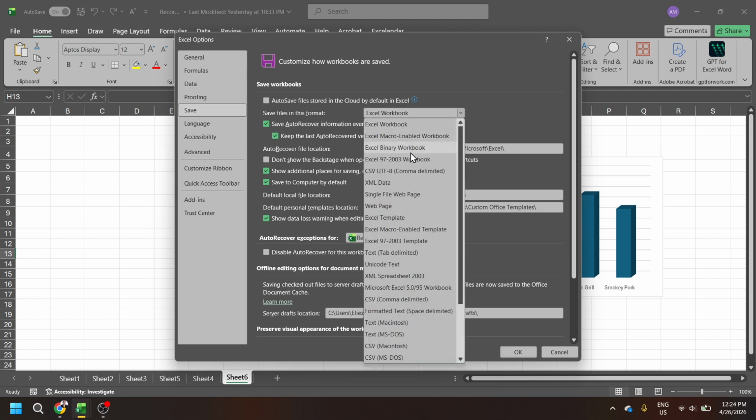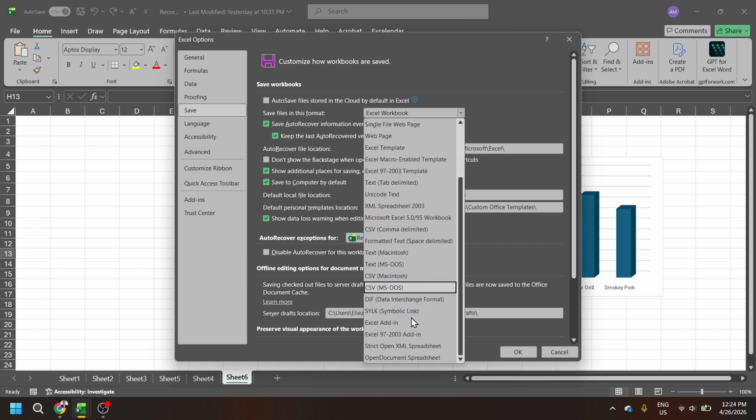A few quick tips while you decide. xlsx is the modern default and works for most people. If your workbook uses macros, pick .xlsm to keep them functional. If you're exporting data for another system, you might choose .csv, but remember that CSV stores values only, no formulas, formatting, or multiple sheets. If you collaborate with people on very old versions of Excel, you can choose .xls, though